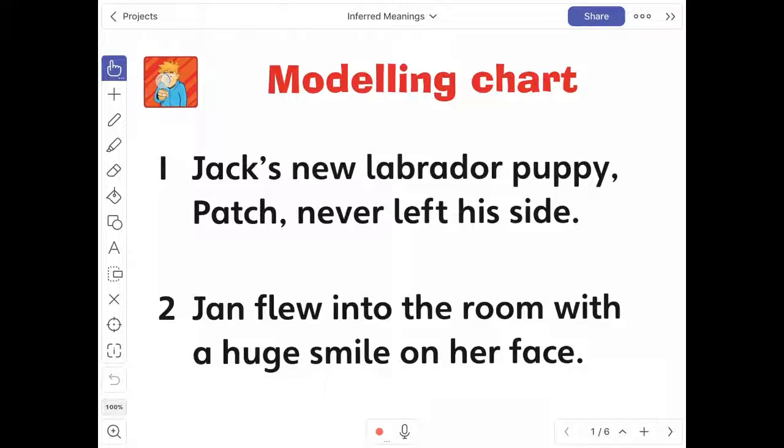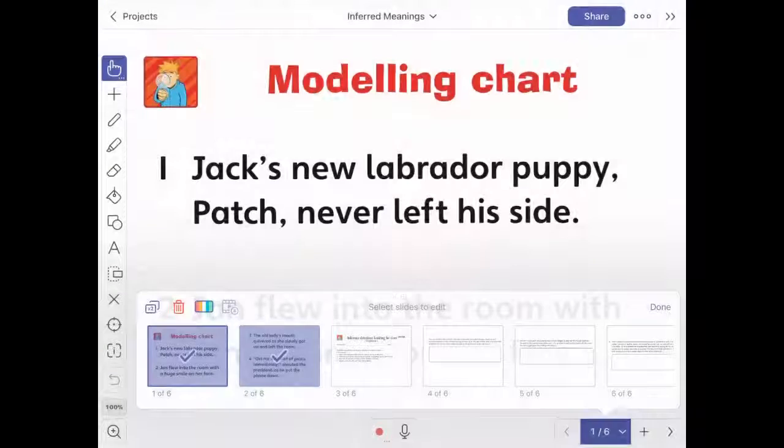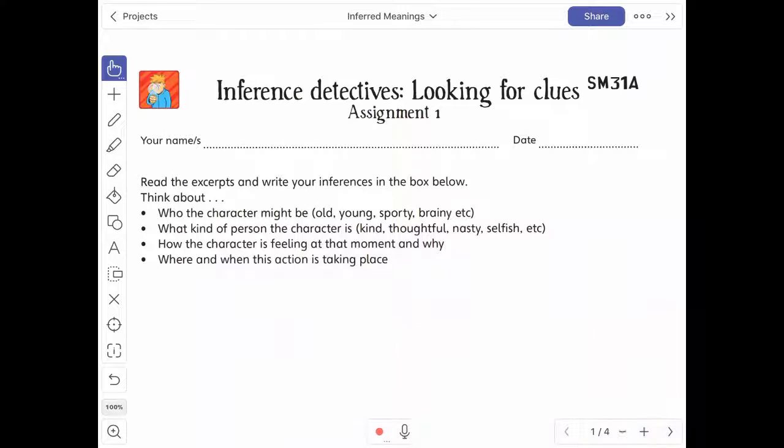So you can see with this activity what the students have to do is, first there's a couple of modelling sentences that they have to look at, and I would like them to describe with their voice what those sentences are inferring. So I'm going to delete a couple of these slides now. I'm just going to press Edit. I'm going to go Tap and delete the first two slides,